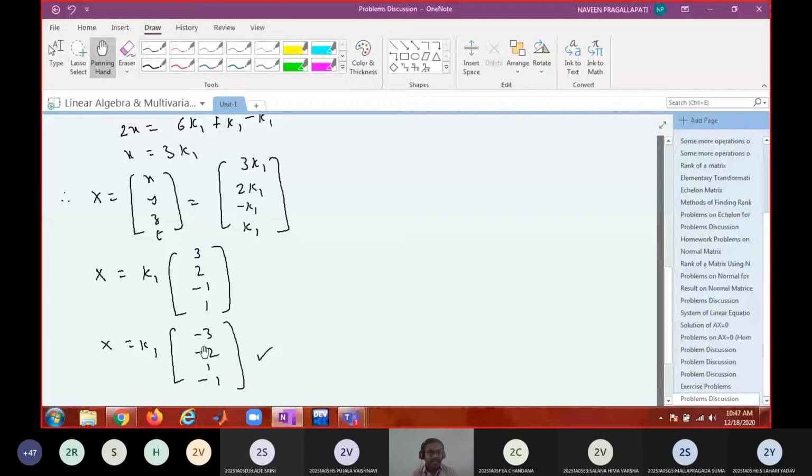This is one independent solution which is generating the entire solution space. This is another independent solution which is generating the entire space. So this is one basis for the solution space, and this is another basis for the solution space. I said a space can have several bases which will generate that space. As long as it is just a constant multiple of the vector, it doesn't matter. Is this clear to all of you? Yes, sir.